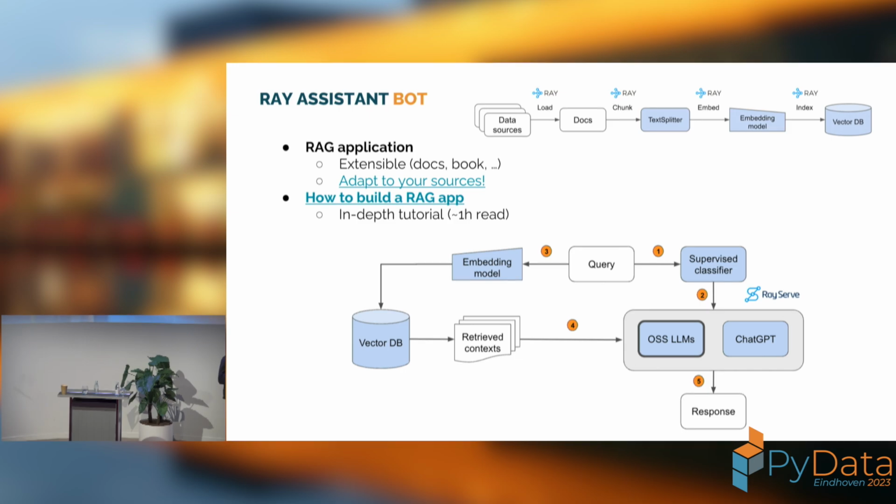So if it's not too technical of a question or too deep of a question in terms of knowledge base, you can defer the request to an open source model, and otherwise you can use GPT-4,